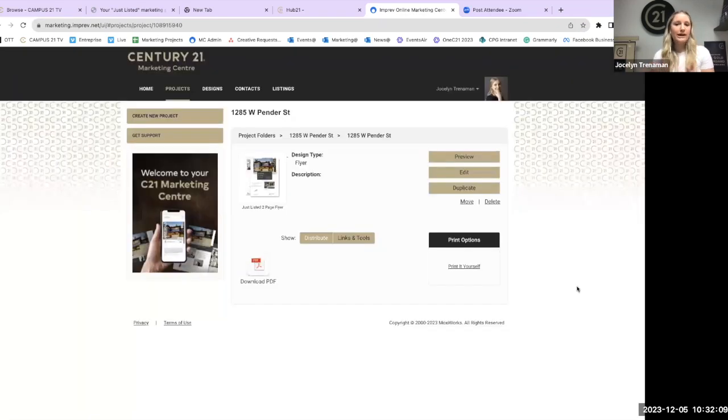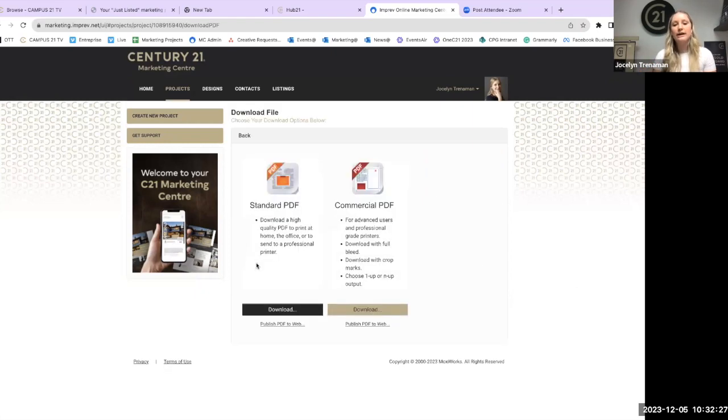So that's how you can go and edit those pieces. Again, if you're hosting someone else's open house, if you want to create your own marketing kit, such as this one, you can go and edit those pieces, and you can print them directly from here too. To download a PDF too, you'll just hit that download PDF option,